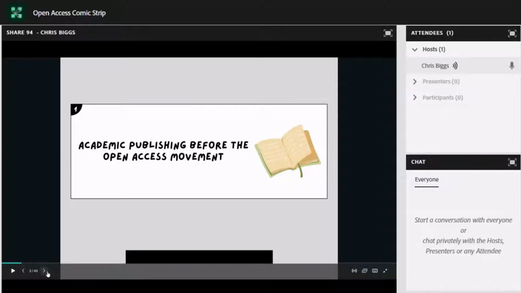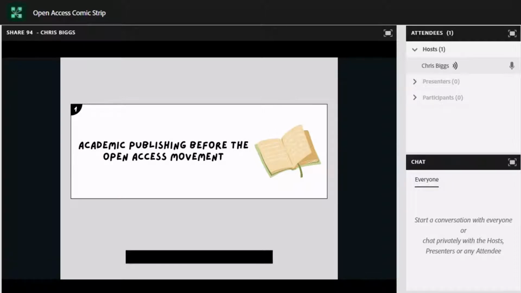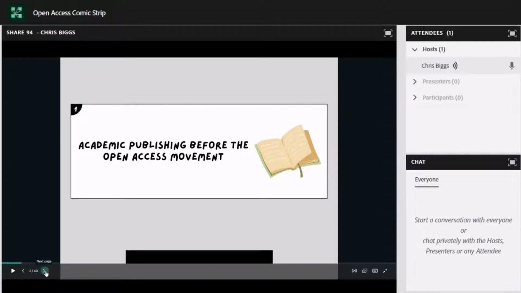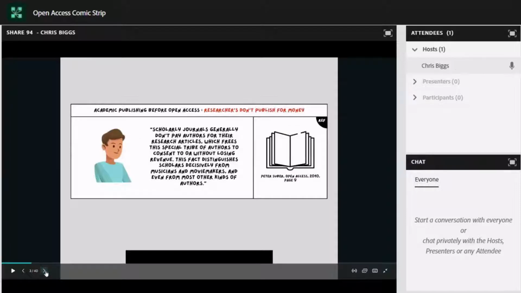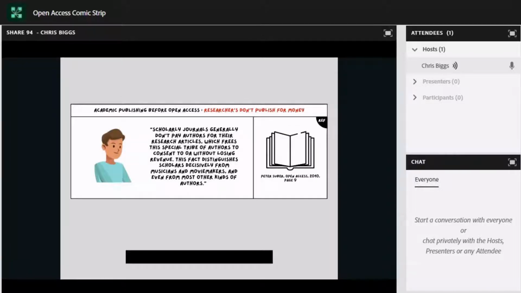Okay, before we start our narrative on open access and publishing before the open access movement, we need to consider one thing. Academic authors are unlike other creators. Researchers do not generally expect to generate revenue from their research publications. This means that they are in a unique position to not require the reader to pay for their work. It's economically viable for them to give away their publications for free. Without this unique scenario, open access publishing could not happen.